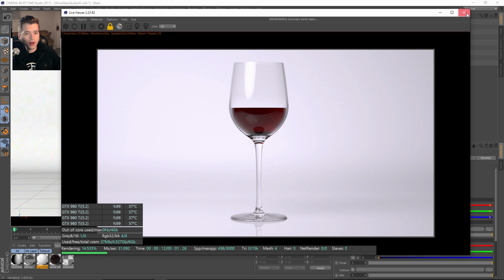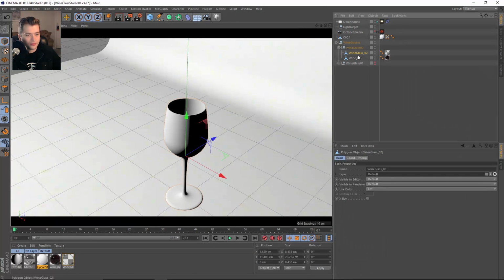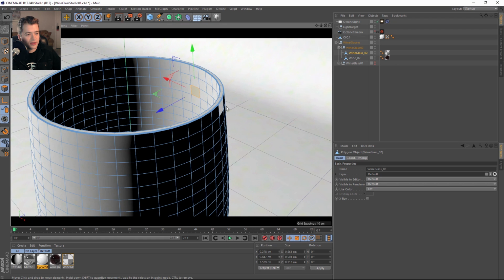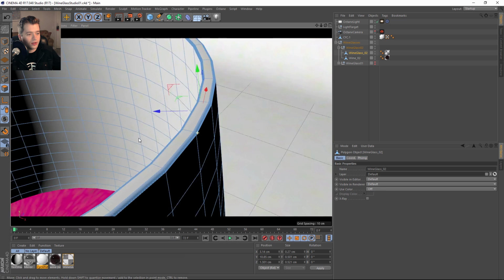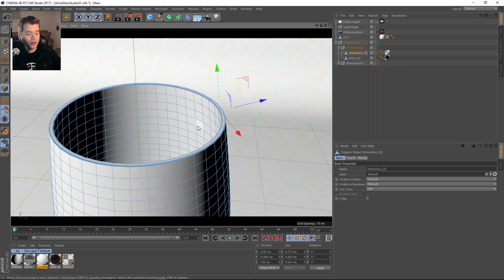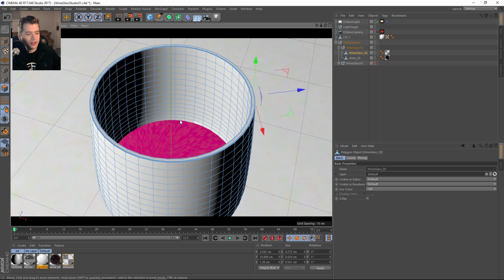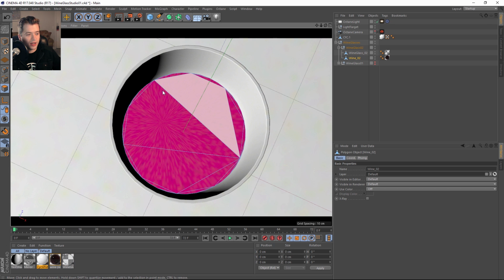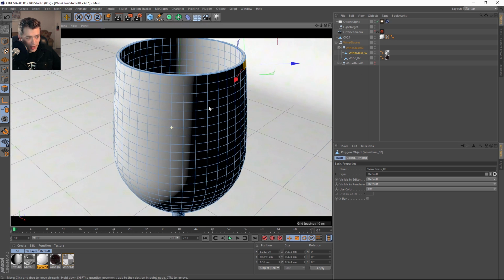So let's talk about glass objects for a second, just the principles of how they actually need to be modeled. First of all, there needs to be some thickness to the glass, and the normals on the inside should be pointing inward, and the normals on the outside should be pointing outward. Okay, so this is very important to get a very physically accurate result with your wine or with the glass. And then I copied these polygons on the inside, and I created a wine, and then just actually covered this hole. So that's how I created the wine inside of it.